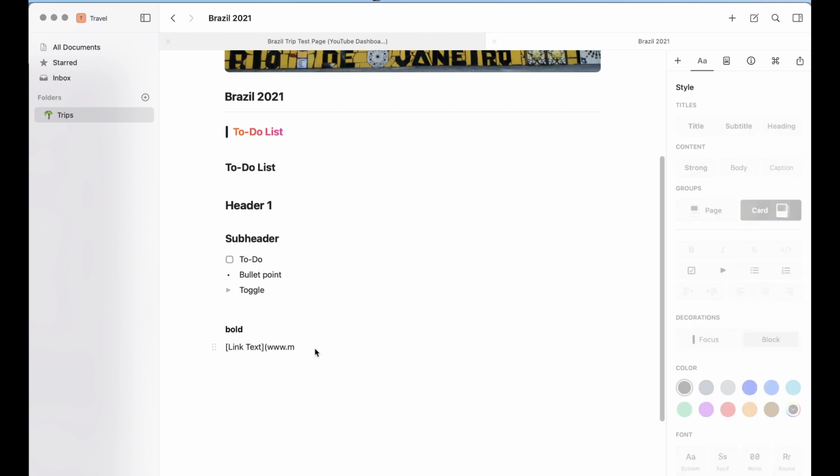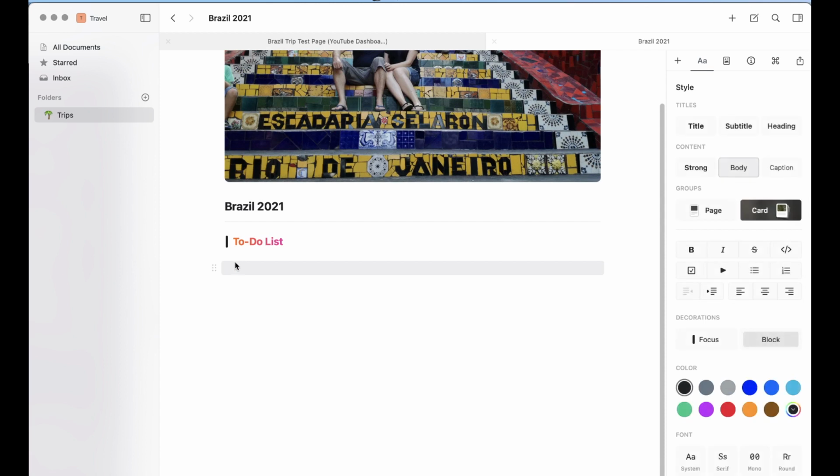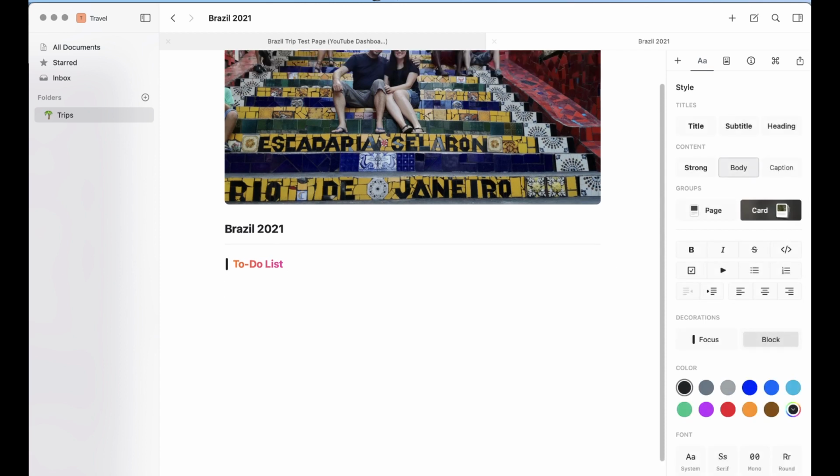But now let's go back to our to-do list. So I'm gonna delete all of this. I just mark it and delete it. So I come here in the first line and I just press X to create the to-do. And let's say I want everybody to sign up for SettleUp and join our group. This is the software we use to keep track of the finances as we go.